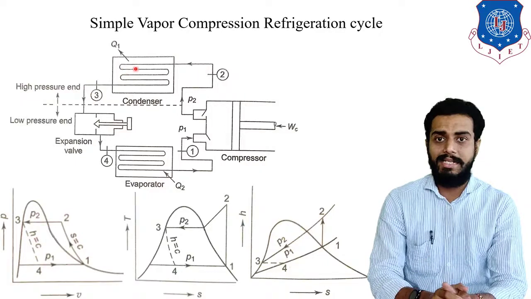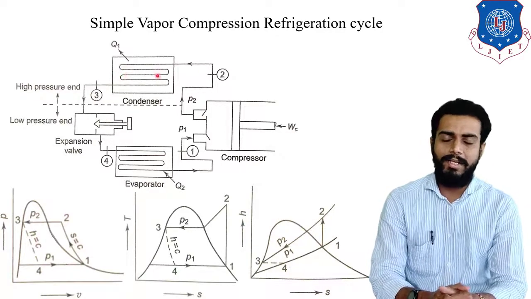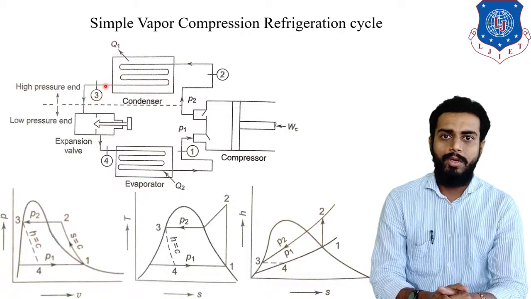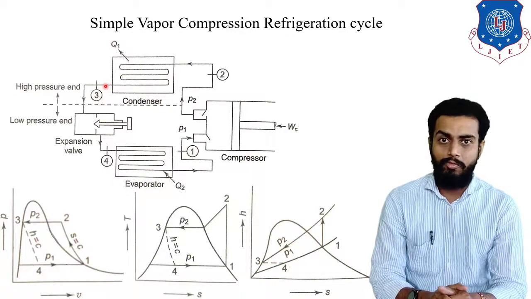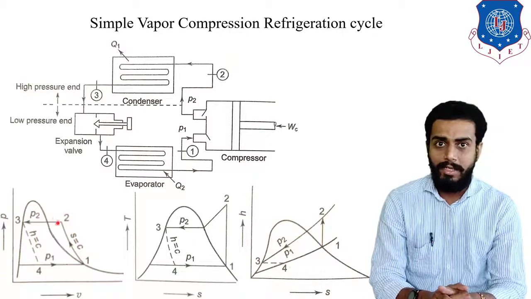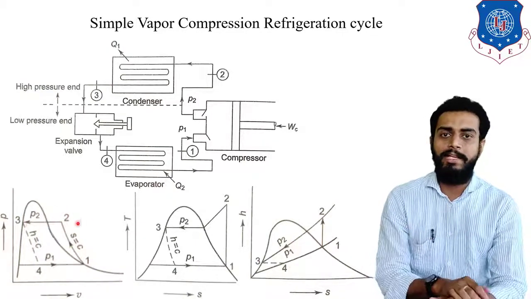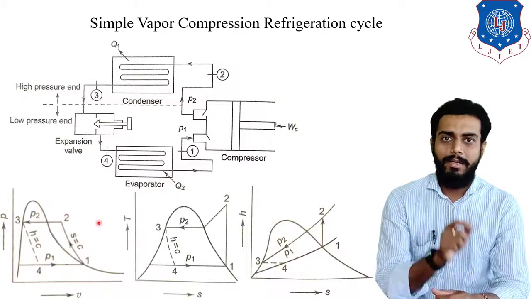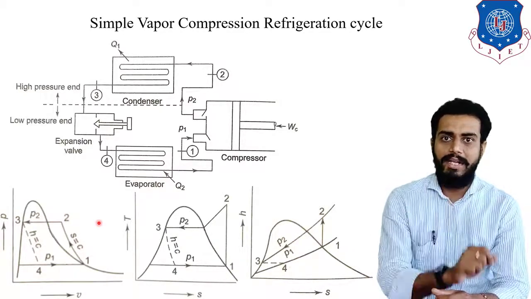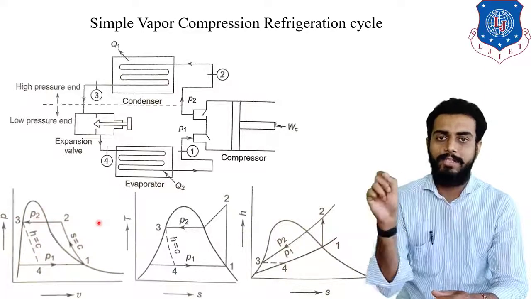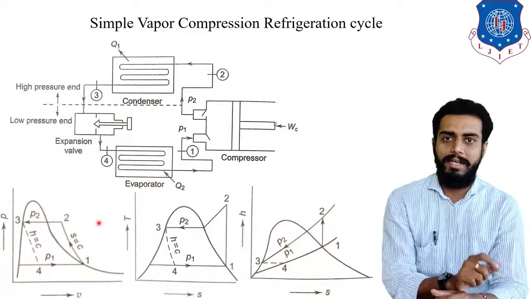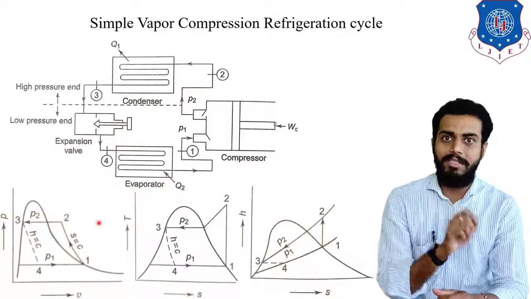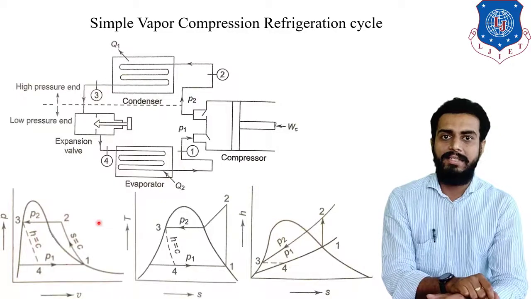From point number 2, the high pressure, high temperature vapor will be sent to the condenser. Now the function of the condenser is simple, students, that is to condense the vapor. Here at point number 2 we have superheated vapor, so we first have to de-superheat it. Now sir, what is the meaning of de-superheat? Example, let us say the pressure is 1 bar. Remember that in the condenser the pressure will remain constant throughout its operation. At the inlet the pressure is 1 bar, and corresponding to 1 bar the saturation temperature is, for example, 99 degrees Celsius.